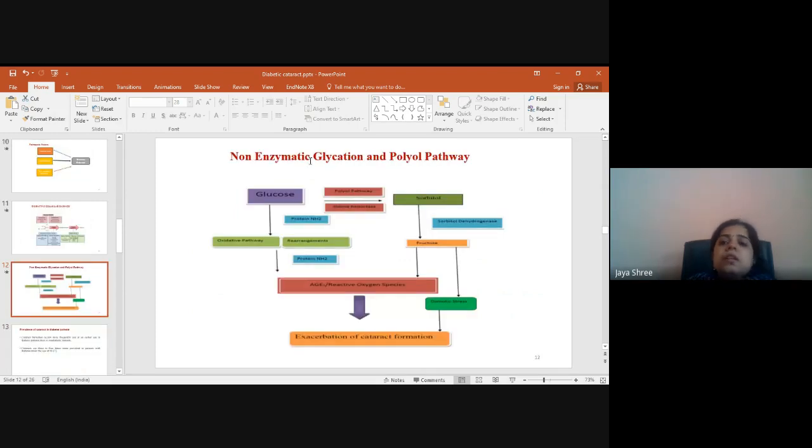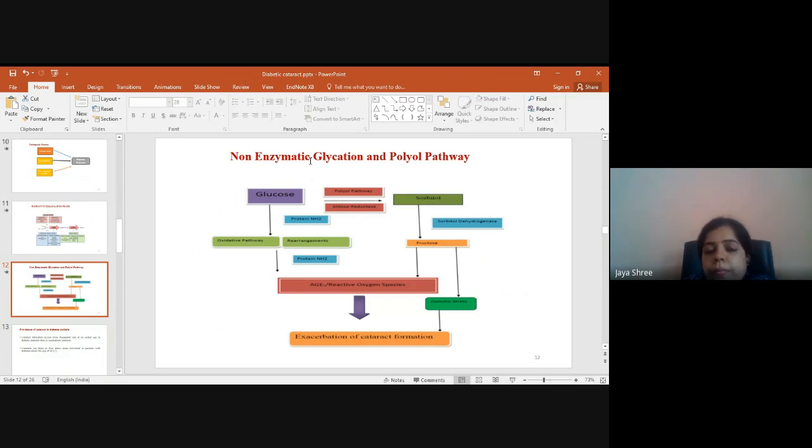And the most important pathophysiology is the polyol pathway. What happens in the polyol pathway when there is excessive blood glucose level? The glucose in the presence of the enzyme aldose reductase gets converted into sorbitol, and sorbitol further with the help of the enzyme sorbitol dehydrogenase gets converted into fructose, and the increased amount of fructose increases the osmotic stress. It also increases the reactive oxygen species, and it forms advanced glycation end products, and ultimately it causes the